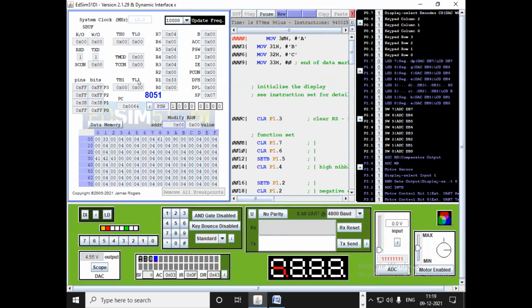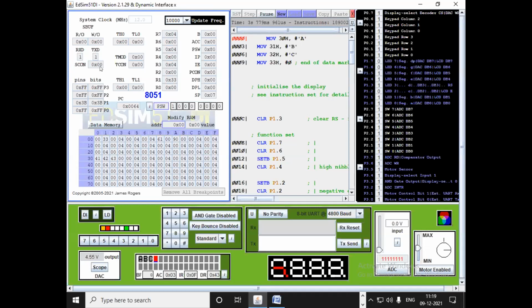TH1 and TL1 are there. Then TMOD and TCON, we have discussed when you have to change the value. SCON, we don't have SCON programs here, but if I get one lecture, I will tell you about SCON also. SCON means serial communication. This SFR register we discussed in unit number 3 or 4.